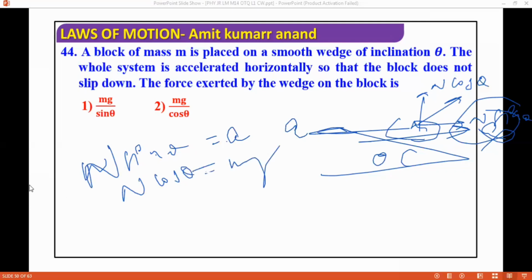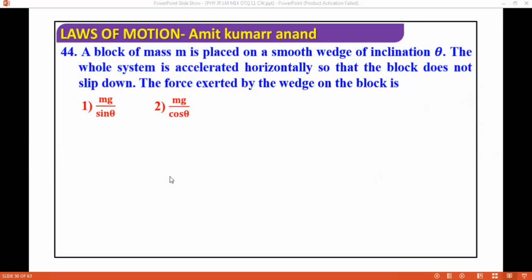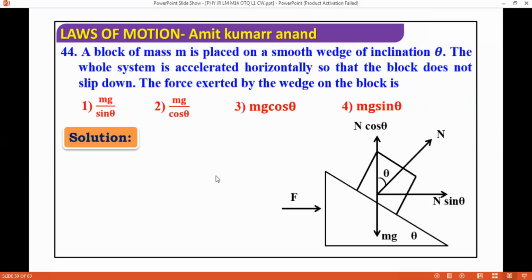Now coming to the options part, and I'm showing the calculation. So this is n cos theta and n sin theta. Here I didn't consider pseudo force because some students get confused by it, as it requires many basic concepts to understand. You can do it directly as well, no issue. Just take x-direction force equal to x-direction force. Don't worry about the direction, plus x or minus x, just compare axis-wise and you will get the equation.